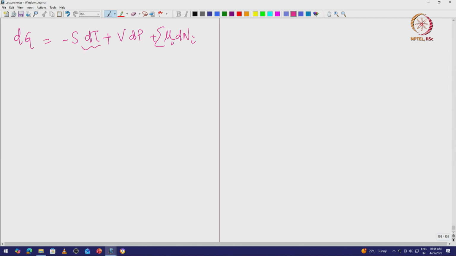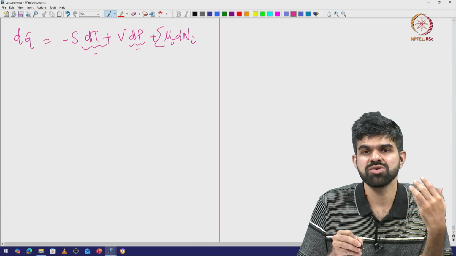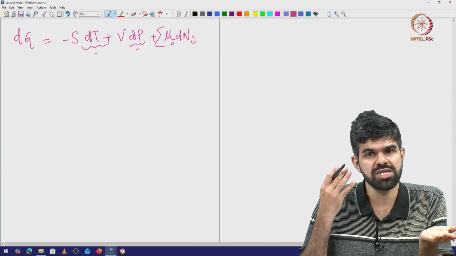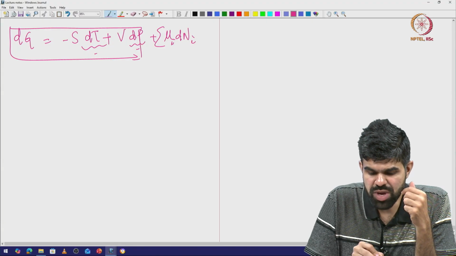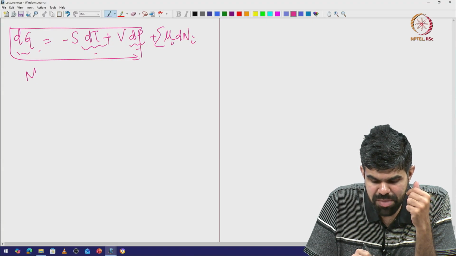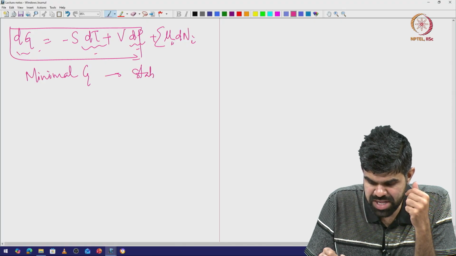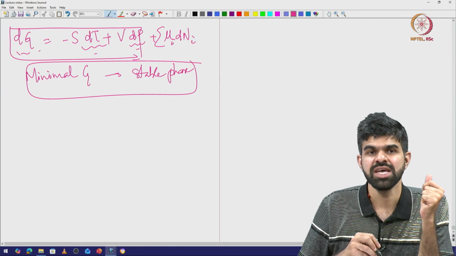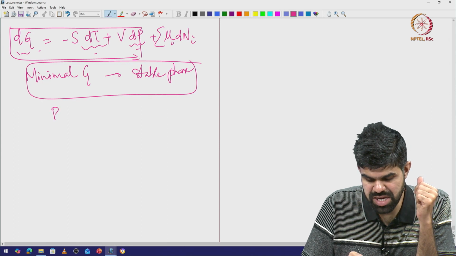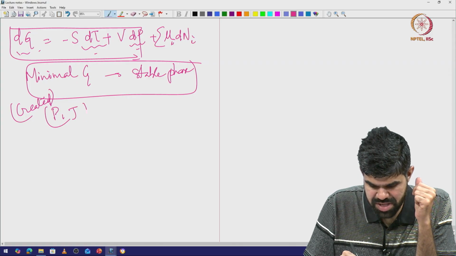So we have changed temperature, we have changed pressure, we have changed both temperature and pressure simultaneously, and saw how G evolves between two different phases. Based on that we have said that okay, this phase wins at this temperature and pressure, and this phase wins at that temperature and pressure. By looking at G as a proxy, minimal G gives me the stable phase, right. So by looking at this as the criterion, we have created the P and T phase diagrams,